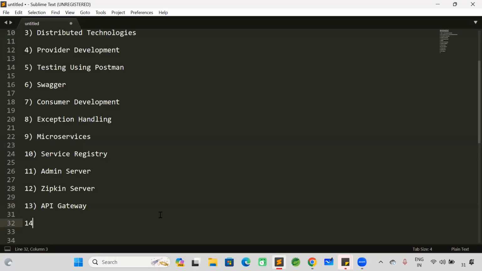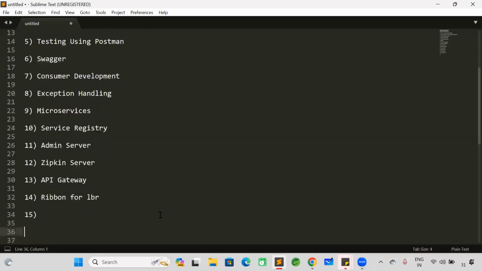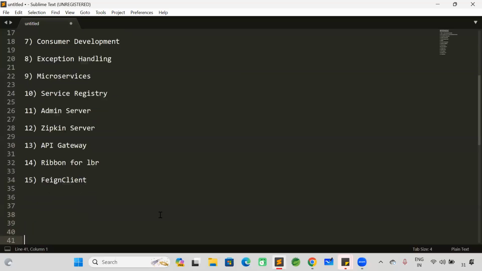Then next one, we are going to talk about Ribbon for load balancing. Then we will talk about inter-service communication by using Feign client, how to work with Feign client for the inter-service communication, what is a circuit breaker,